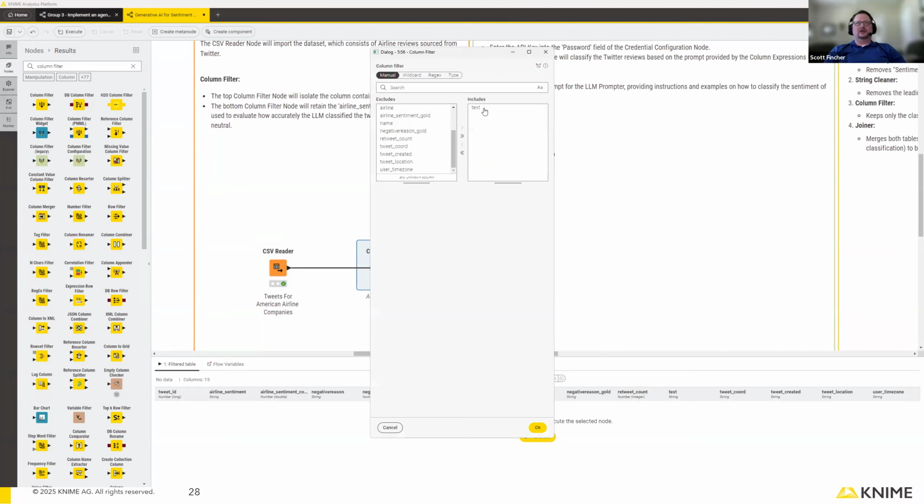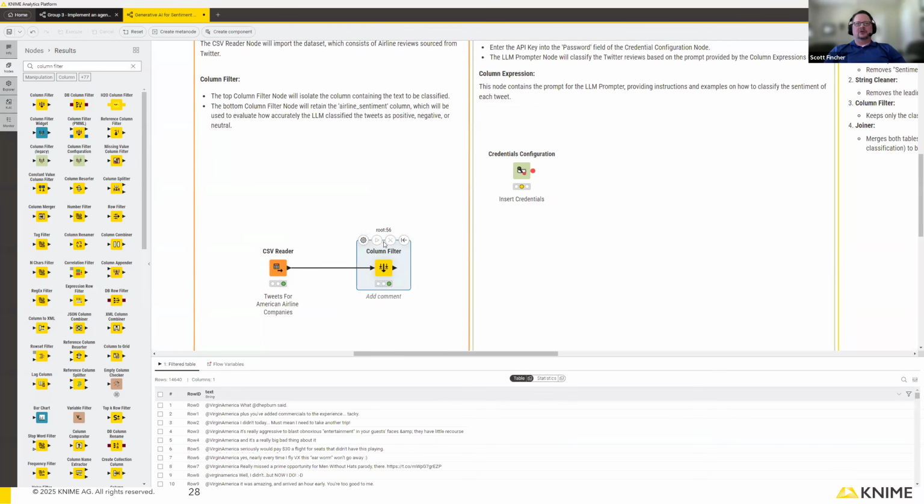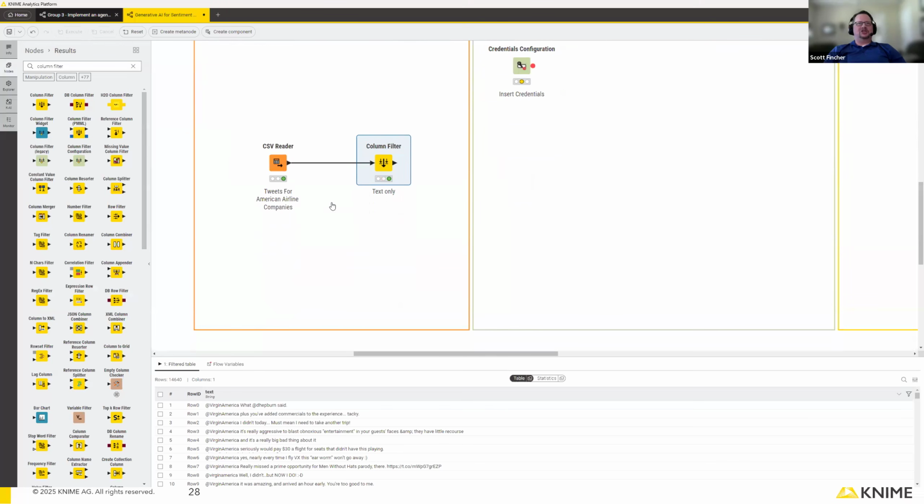So there's all these different fields I could keep, but I just want the text. I'm going to execute that. Did I get what I intend? I can see down here, yes, I've only got the text. And because I'm going to be a good boy, I'm going to add a comment here and say "text only" right underneath the node. Now I'm going to make a separate branch here, also using a column filter for reasons